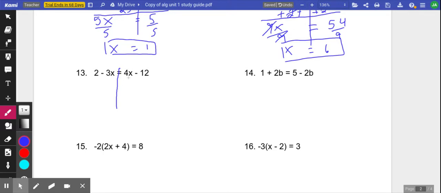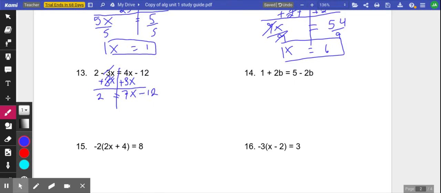So I take the lower one, which in this case is negative 3x, and I do the inverse of the lower one. So we have plus 3x, and as always, if I do it to one side of the equation, we've got to do it to the other side of the equation as well. So we're adding 3x to both sides. Then over here we have 2. Those cancel out. And then we've got 4x plus 3x, which is 7x,